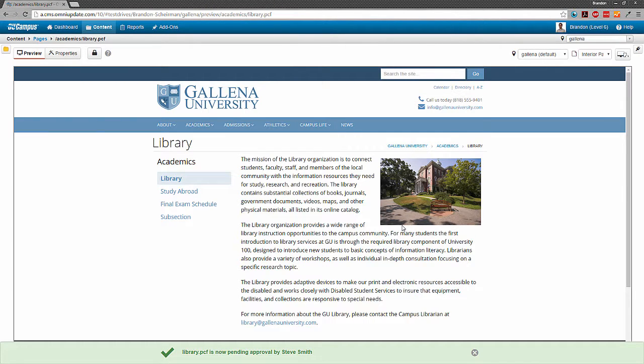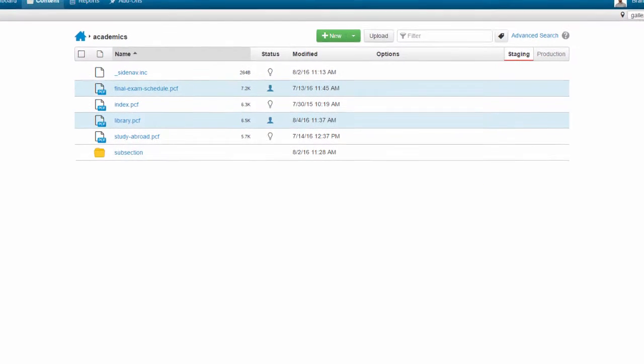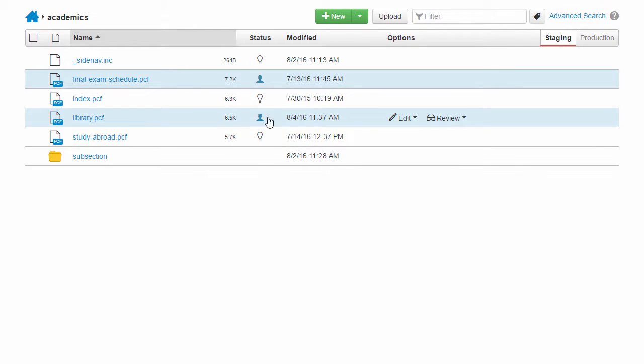When I do that, a message will get sent to the user to which I sent the page. Also, the page will immediately get checked out to the person I submitted it to. We can see this by the lock symbol appearing where my light bulb icon used to be, and the fact that we can't do really anything but preview the page. If we go back to the page's list view, we'll also see that our file has a little person symbol in front of it. When you see this symbol, the file is pending another user's approval.